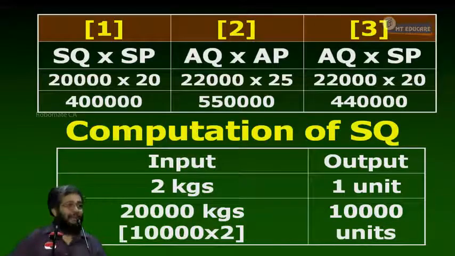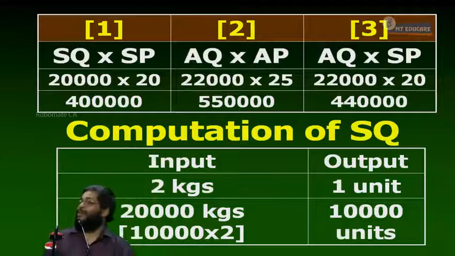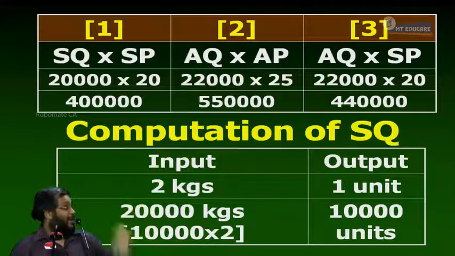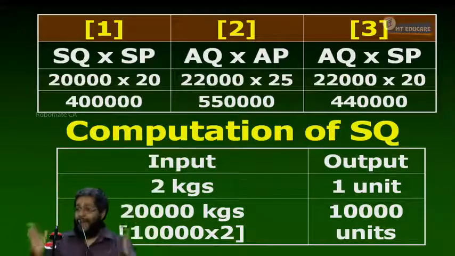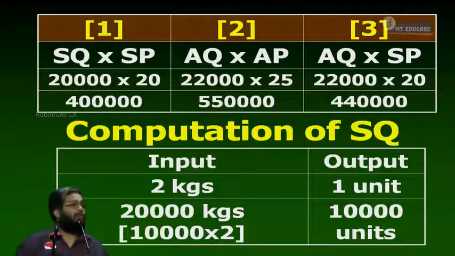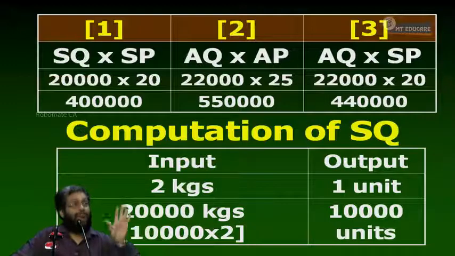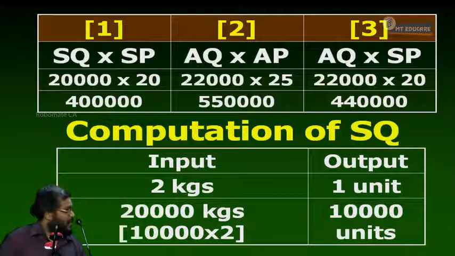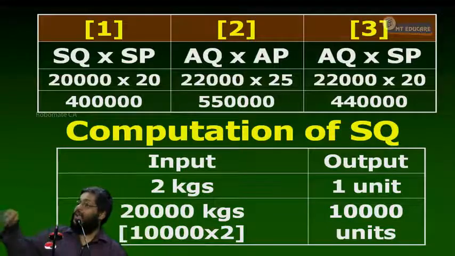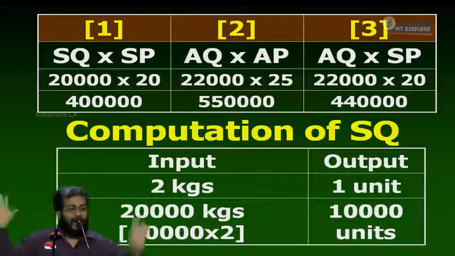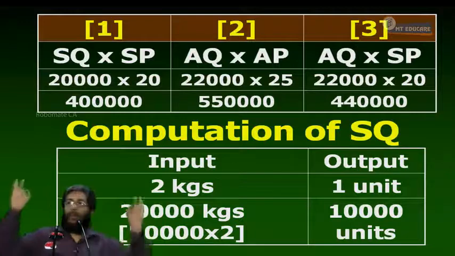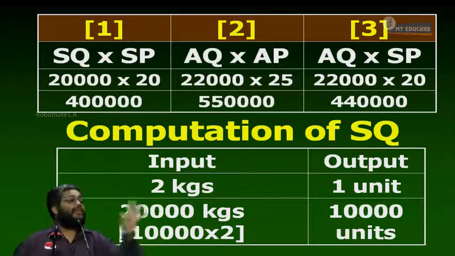When something is favorable, everybody says, I only did it. Adverse, some people say, he only did it. Right or not? In that case, we should have clarity. Who is responsible for this 1,50,000 adverse? So 1,50,000 overspent. Who is responsible? The question arises now, and we have to analyze it further. Why did this adverse 1,50,000 arise? Do you follow what I'm saying? Now, tell me, why will the material cost increase? Tell me the 2 reasons.